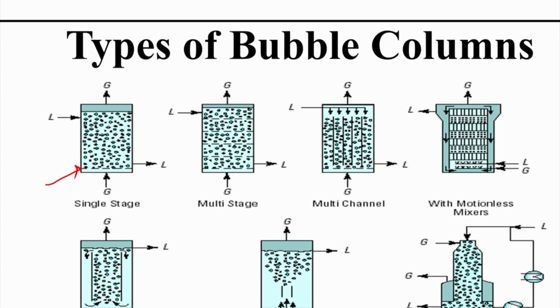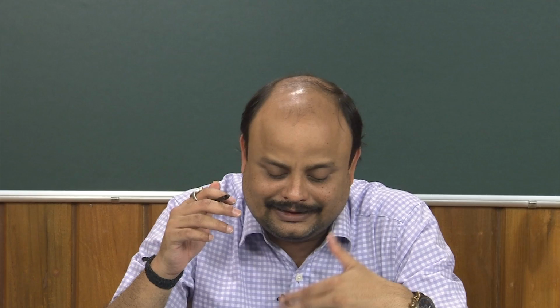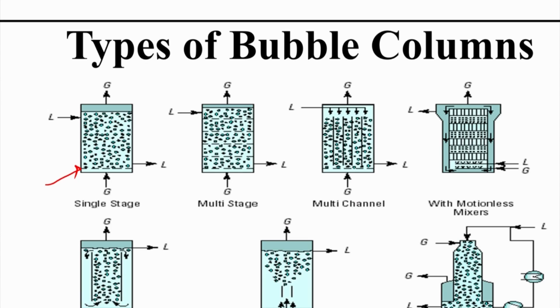So, that is the way the multiple stage bubble column is being used, but there was a problem in this stage also: the bubbles adhere near the surface, the bubble fraction increases, the pressure drop increases, and that actually complicates the problem physics. Then, instead of the horizontal sieves, vertical rods were introduced, and a multi-channel bubble column came into being,